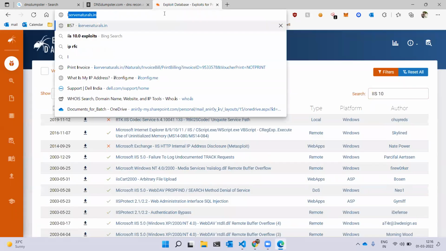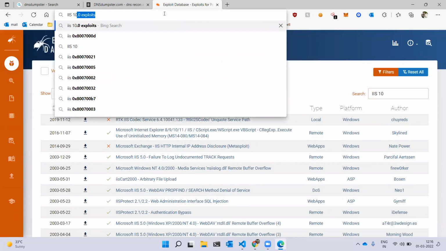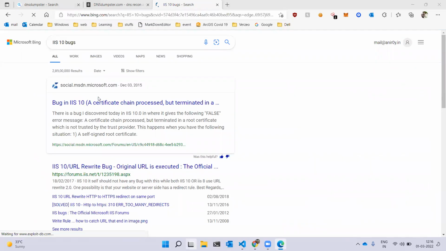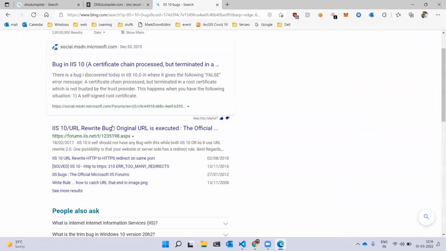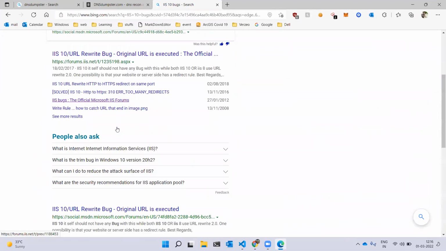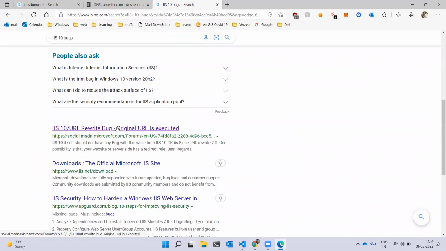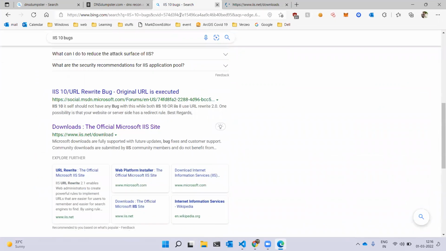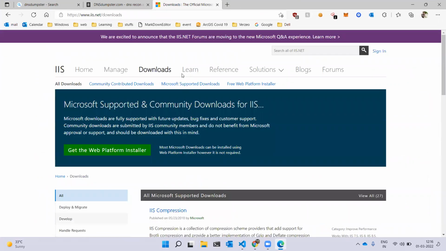Right. We can also look into IIS 10 bugs, and we'll get multiple websites to go through. So we do this URL rewrite bug, but that would be fixed very quickly. All right. And this is .NET, where we download the website or the application itself. This one also having this